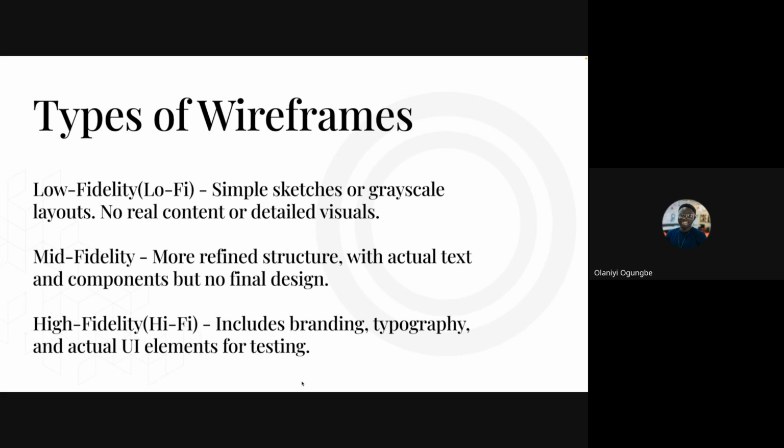Just like I said, when I started, I used to have a drawing book and a pencil by my bedside, so that if I'm working on a project and an idea just struck or something came to my head, I can easily just draw out the sketch very fast. Because before I pick up my laptop and start opening Figma or Balsamiq or whichever wireframing tool I want to use, the idea might have flown away. So the OG tool still remains pen and paper. Do we understand? For low fidelity wireframes.